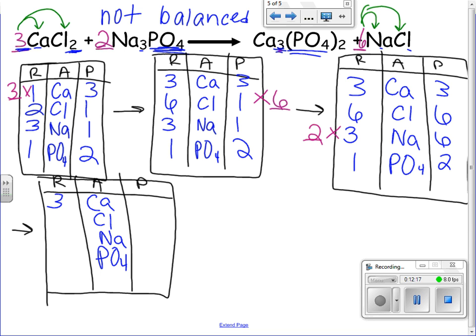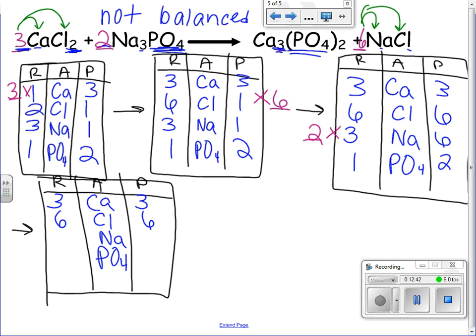And then we still have Ca3, so we still have 3 calcium atoms in our products. That hasn't changed. Okay, we have 3 times 2 chlorine atoms in our reactants, so 6 chlorines in our reactants. And then 6 times 1 chlorine in our products, so 6 chlorine atoms in our products. And now we have